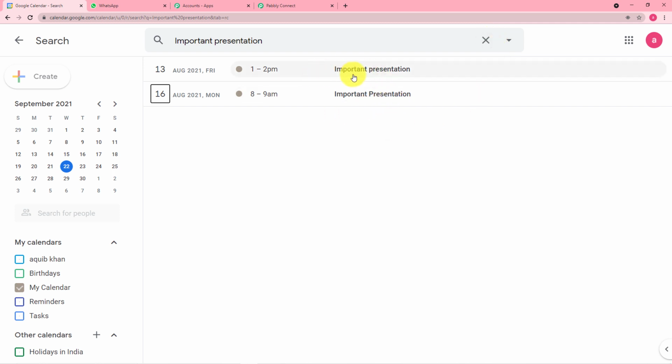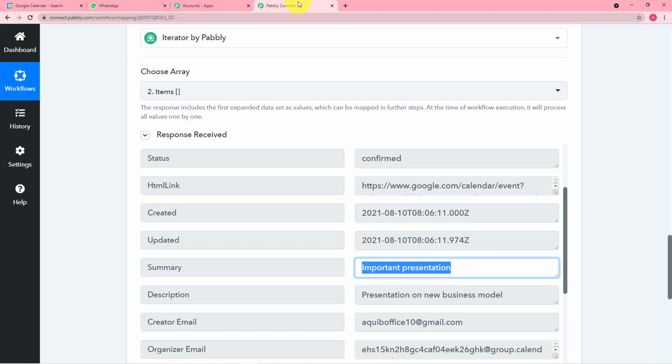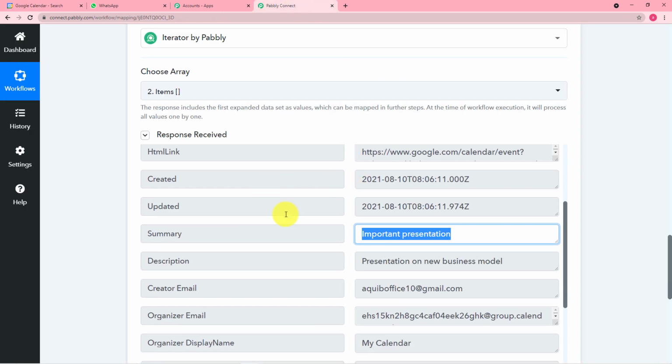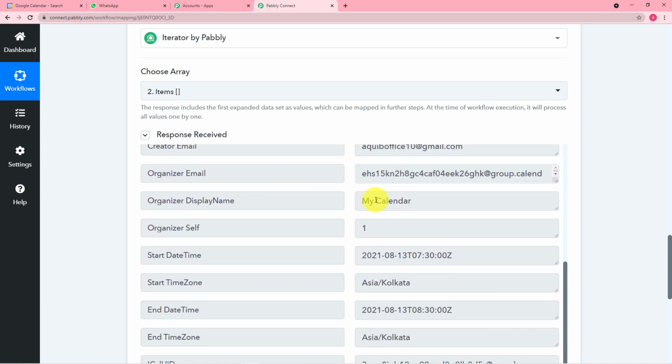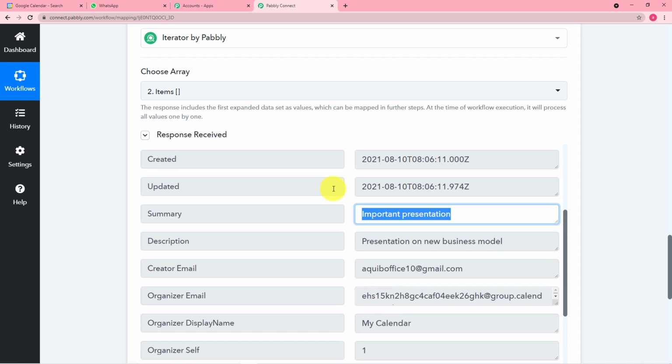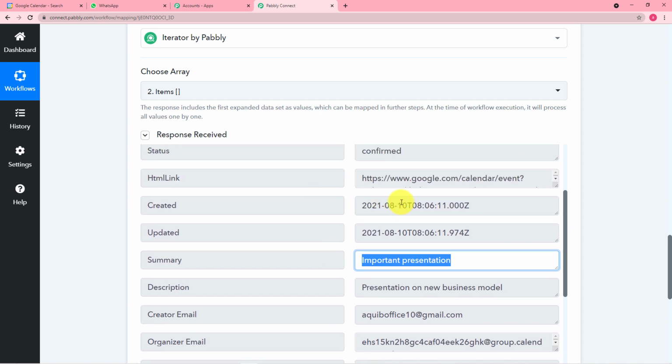All right, so you can see I have created this important presentation meeting on 13th of August, Friday 2021. So let's see. This is the same event that Pabbly Connect has captured, and you can see, right. So this is the same event that it has captured. So this was the first event created on this date.